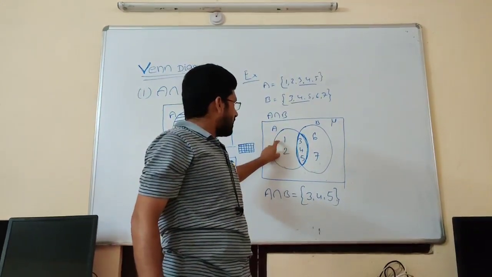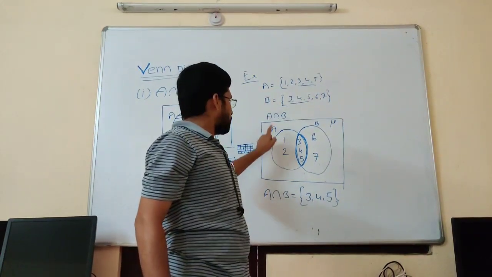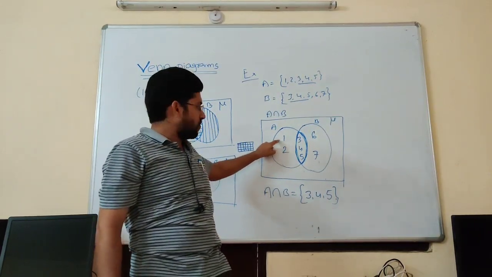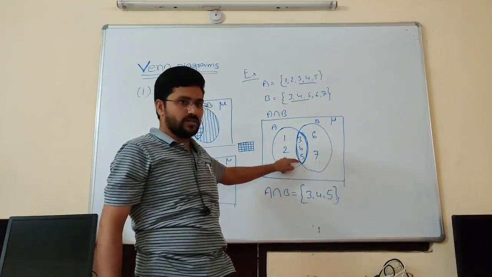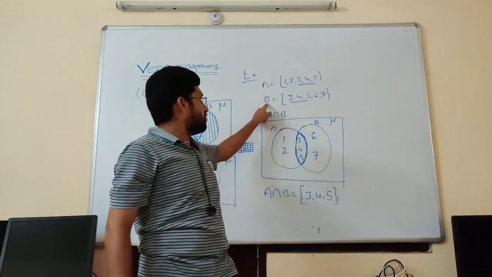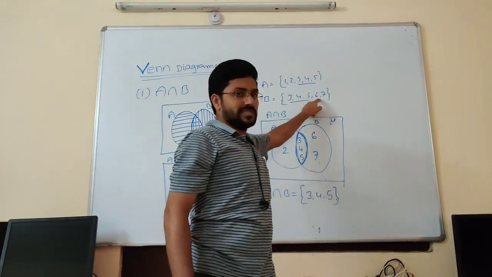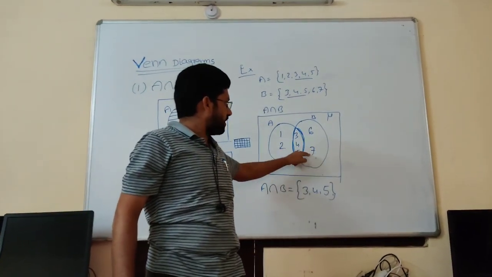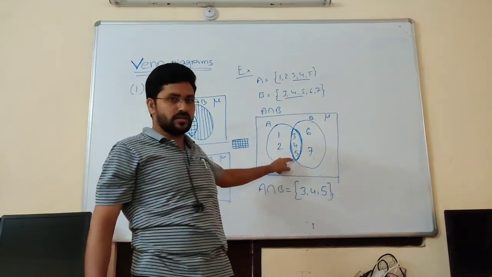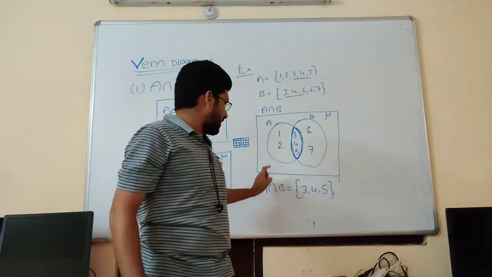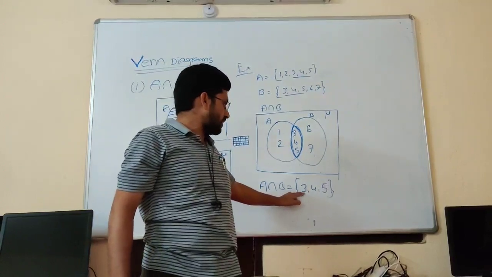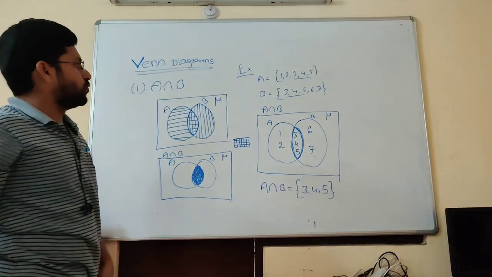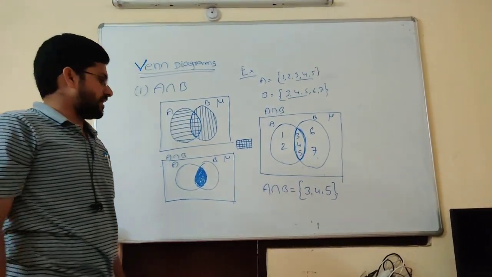Set A means all the elements which are in set A we have to take. In A what is there? 1, 2, 3, 4, 5 is there. Here also see 1, 2, 3, 4, 5 is there. All the elements of A we got here. Now take B. B is 3, 4, 5, 6, 7. In B also the elements are 3, 4, 5, 6, 7. But here 3, 4, 5 are the repeated elements in both sets. So we can take A intersection B is equal to the set of 3, 4, 5. This is the intersection of two sets through a Venn diagram.